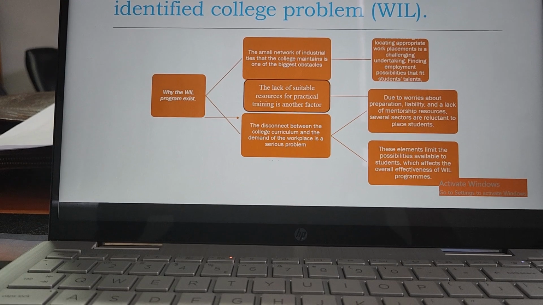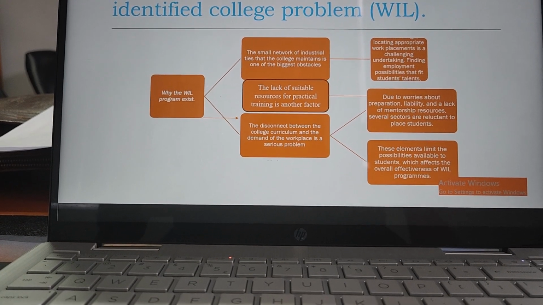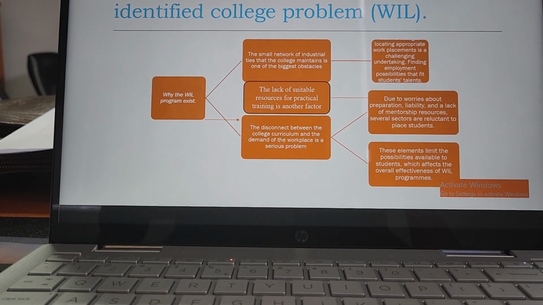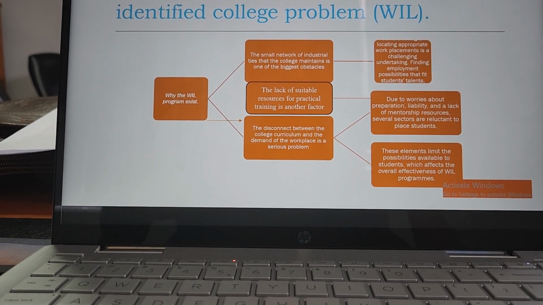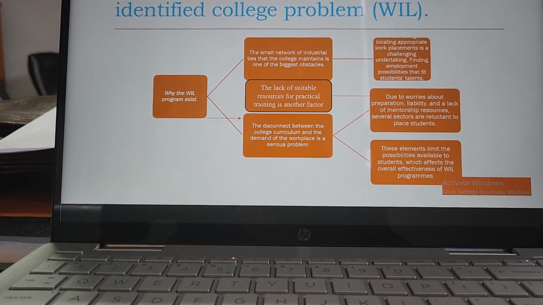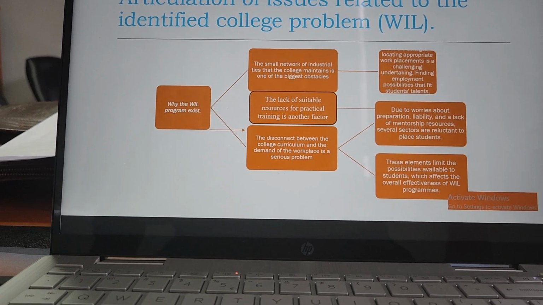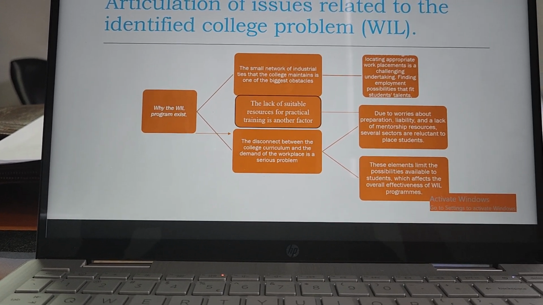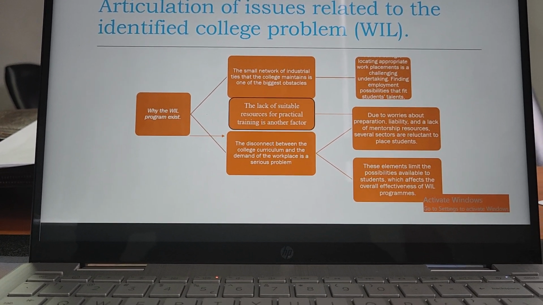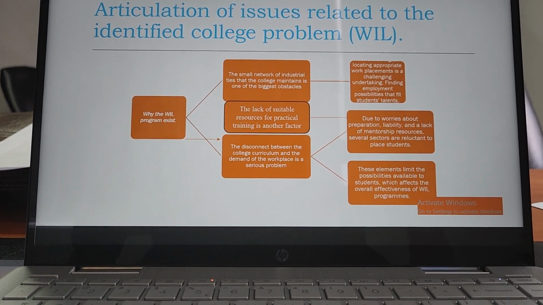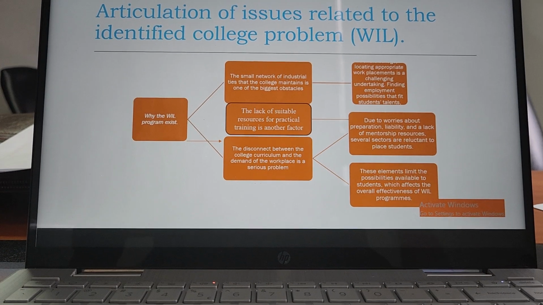Locating the appropriate work placement is a challenging undertaking. Finding employment and possibilities that fit students' talent. Now, these are the things that when we address these challenges, these are the benefits that we will reap at the end. Now, due to the worries about preparation, liability, and lack of mentorship resources, relevant sectors are reluctant to